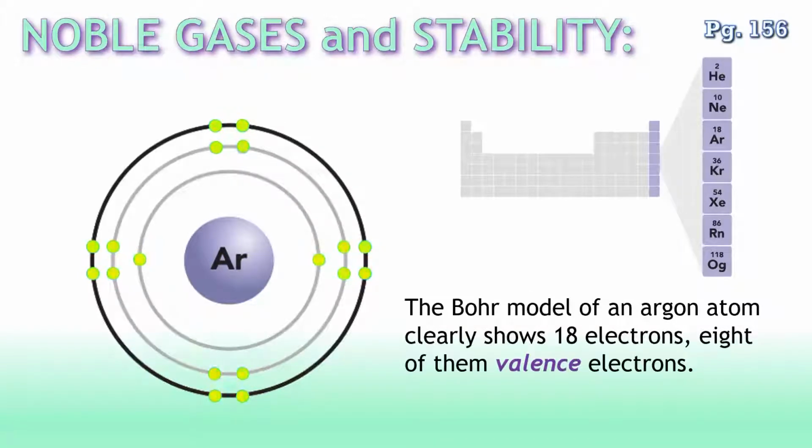The Bohr model of an argon atom clearly shows 18 electrons, and 8 of them are valence electrons. That is, the outer shell of argon is completely filled with 8 valence electrons. The same thing is true for all the noble gases. All of them have an outer shell that's completely filled. Helium has an outer shell that just has 2. But all the rest, neon, krypton, xenon, radon, also have outer shells that are completely filled with